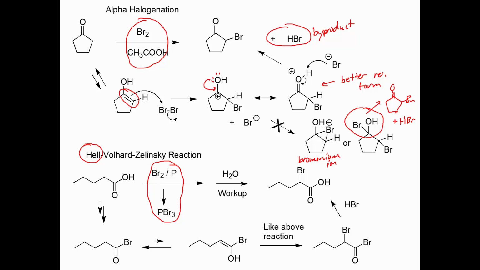This, under the acidic conditions, makes the enol. The reaction above occurs with the enol to give us the alpha bromo acid bromide. And this is just reacting with water to make the alpha halo carboxylic acid. Okay, all right, so let's look at